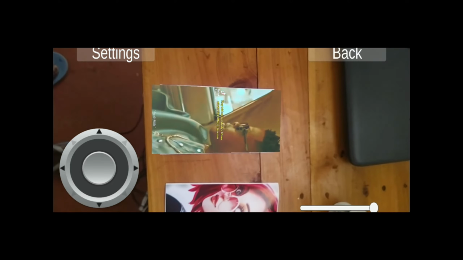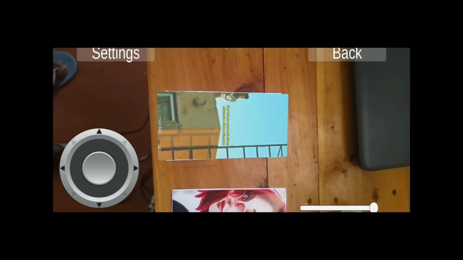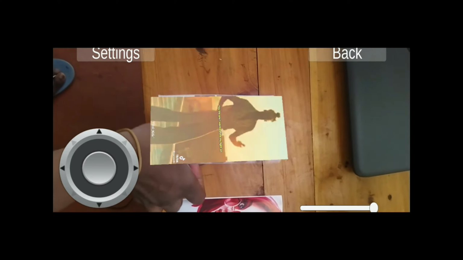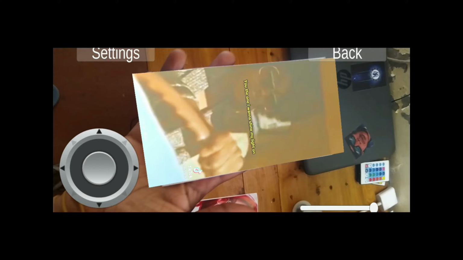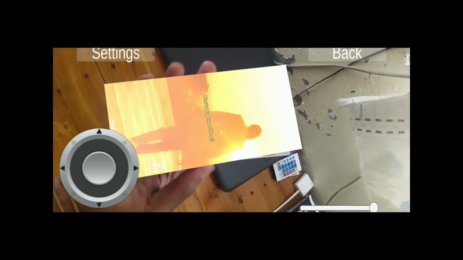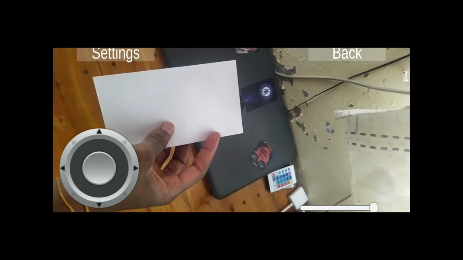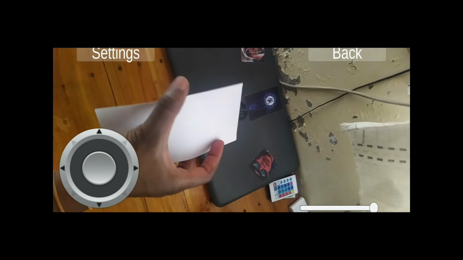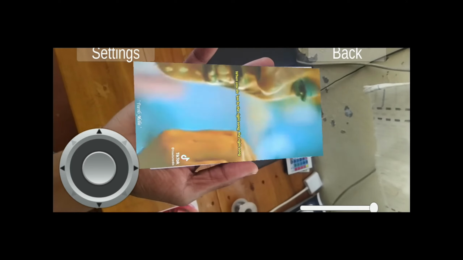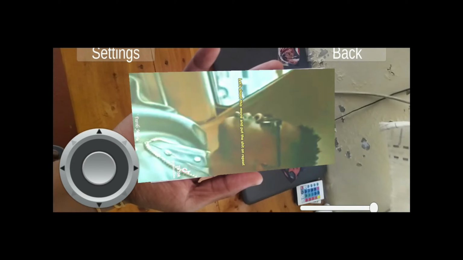Target lost. Align camera with the target image. This level is supposed to show you the music playing, the videos. Actually, it's a video. Just look at how it's reactive. As you can see, on flipping the canvas, on flipping the image, it pauses. On putting it back, it resumes the music, the video.